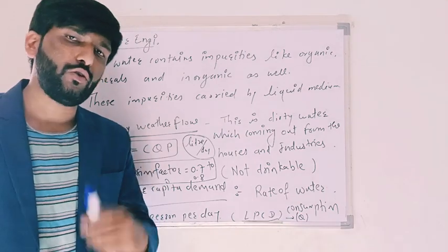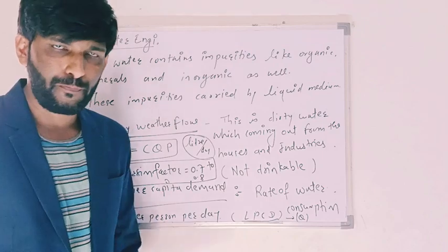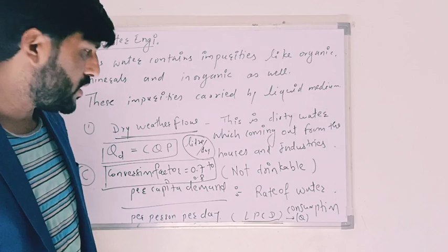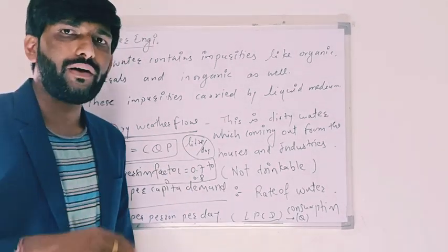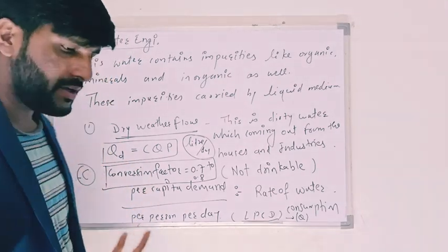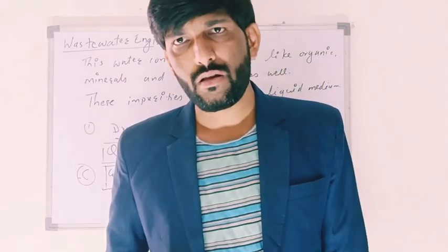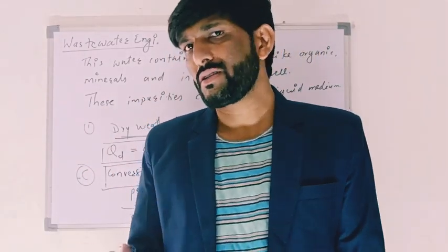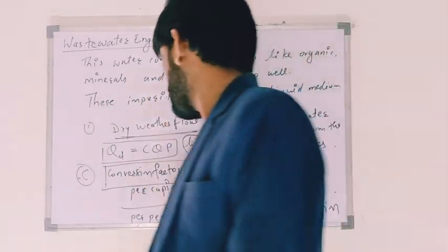तो लीटर को आपको मीटर क्यूब में कन्वर्ट करना है, because liter is volume, meter cube is also volume, okay, units of volume. तो लीटर को मीटर क्यूब में कन्वर्ट करना है तो 1000 से डिवाइड करना होगा, और डे को सेकंड में कन्वर्ट करना है तो फिर से डिवाइड करना होगा। In a day how many hours, 24 hours, and in an hour how many minutes, 60 minutes, and in a minute how many seconds, 60. तो 24 into 60 into 60 इस वैल्यू से आपको डिवाइड करना होगा, है ना।